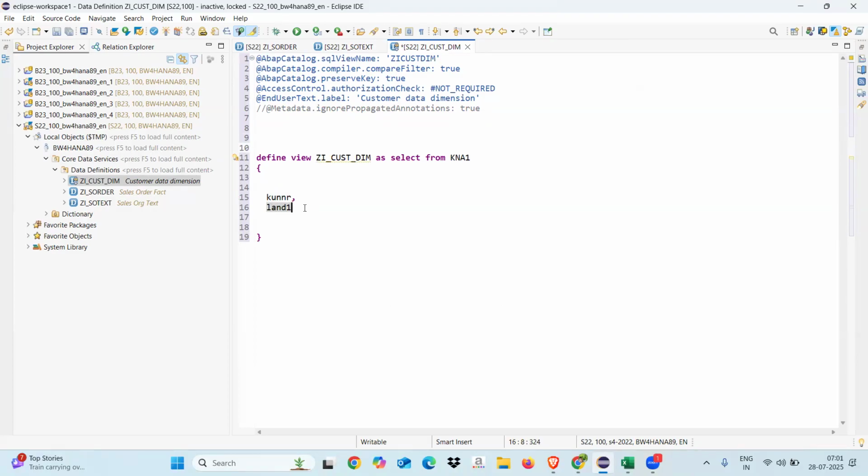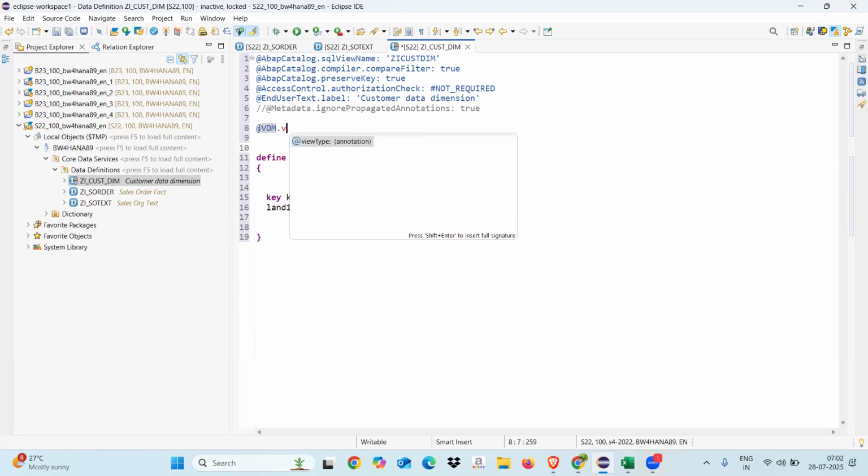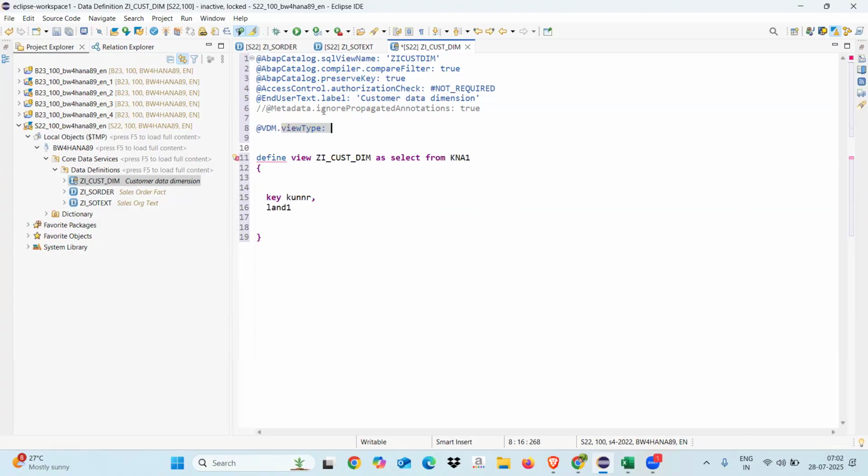So from which country the customer belongs to, that we will get. Okay. So still I'm facing one warning. This is like no, we need to mention key. So now it's cleared. Now we have to give like no this VDM type same. VDM. Now if we see any ready